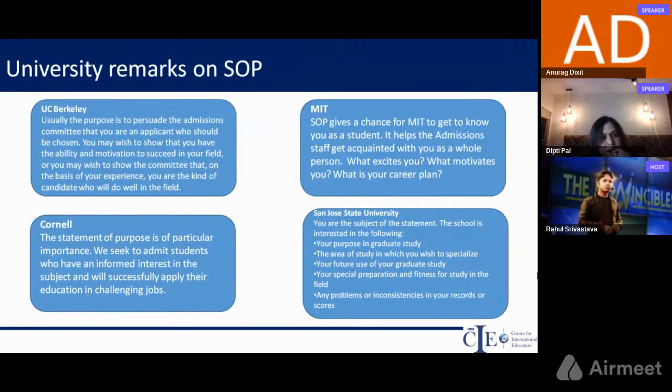Even if we have seen several cases over the last 27 years that even if you have a minimum qualifying GRE score to apply to any university, and you work hard on your SOP and other documents, you still can make it. We have seen many students on the borderline make it to their dream universities. So this signifies how important SOP is for every university, and they give a lot of importance to SOP while evaluating your profile. So please ensure that your SOP is well prepared and very impressive. Yeah. So we'll move to the next slide.